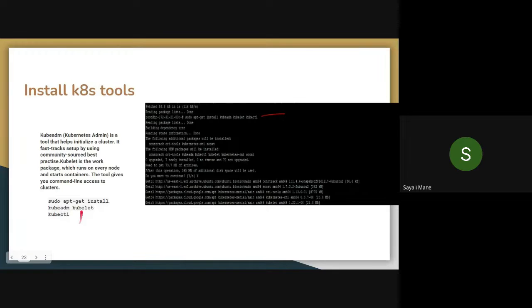For that, please type this command: sudo apt-get install kubeadm, kubelet and kubectl. This one. Please type this command.